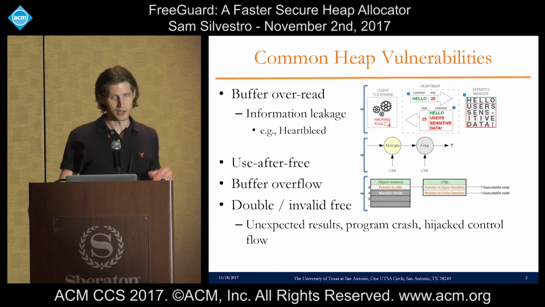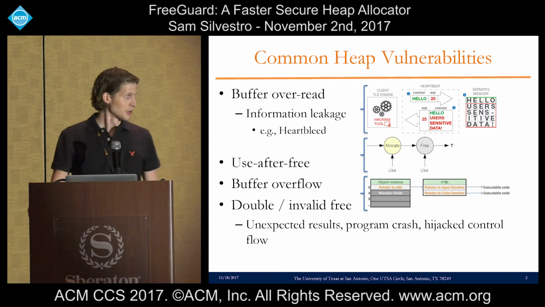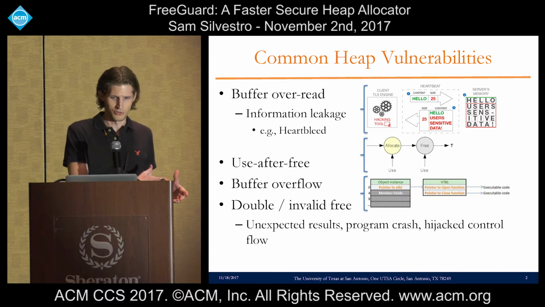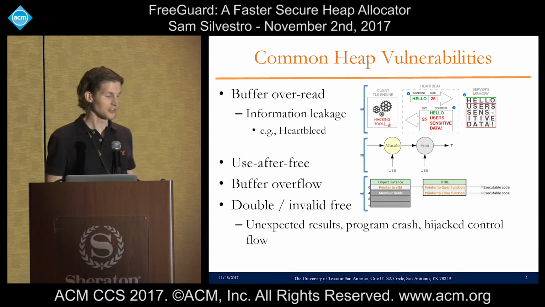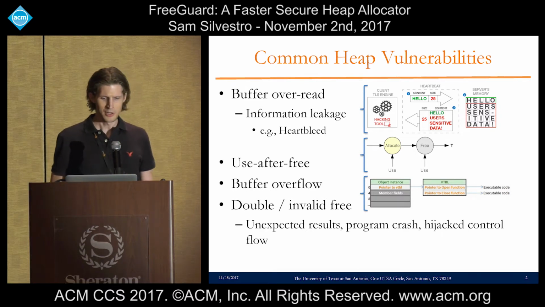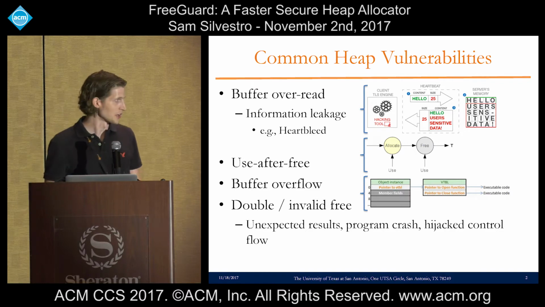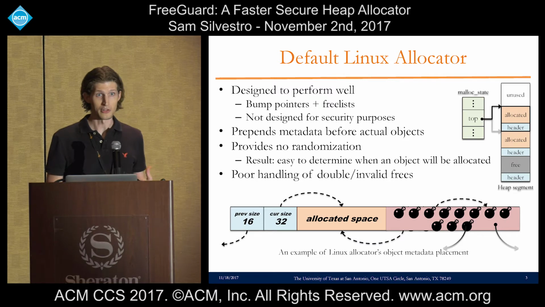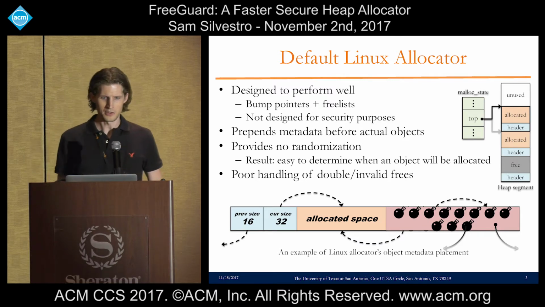A double free is when an application frees an object more than once, and an invalid free occurs when an address not associated with a valid heap object is passed to the deallocation functions. These last three can result in unexpected results, anything from program crash to hijacked control flow. And typically, the memory allocator forms the first line of defense against these vulnerabilities, but the Linux allocator doesn't provide any security guarantee. It was designed to perform well as a general purpose allocator, and it uses a combination